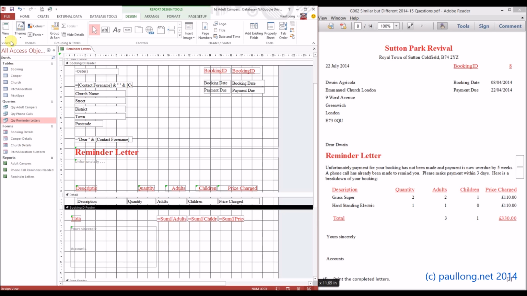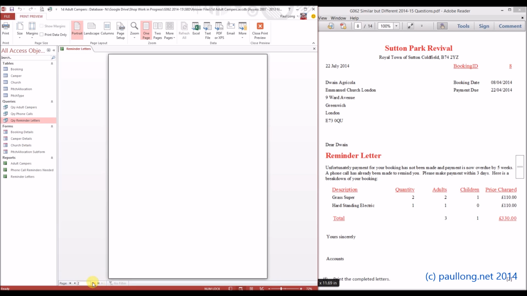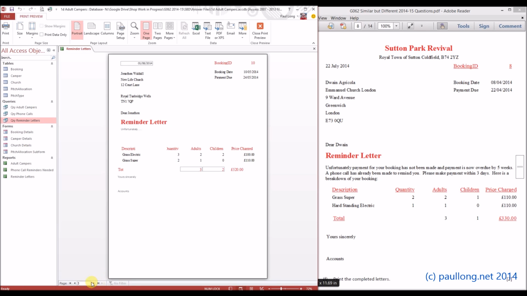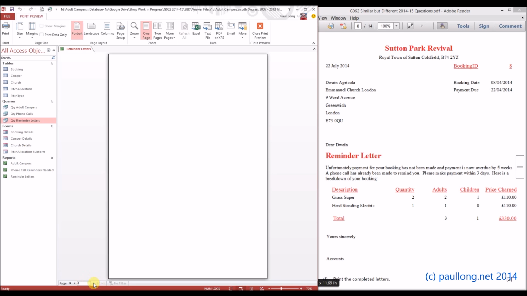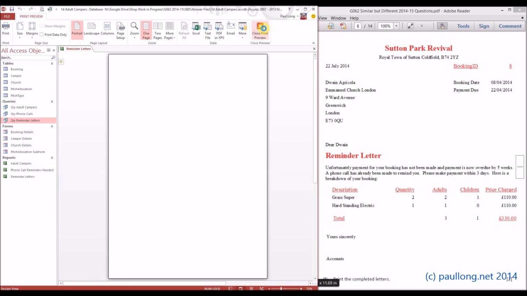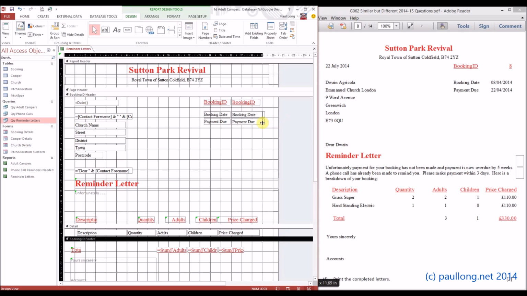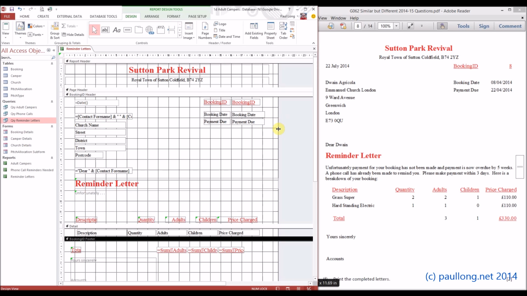Now when we look at this, and we'll go for print preview this time because we're nearly ready to print, apart from the little bits of tidying up, we can see there's one letter, and there's a blank page, which is not what we want, and there's another letter. So we've got to try and work out what is causing our blank page. It's probably because we've got some space on the right hand side that we need to get rid of. So if we pull this in, and then we'll have another look. Now what's stopping it from being pulled in is the length of these, so we'll just reduce these a bit,